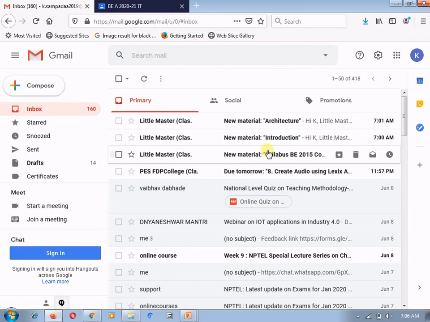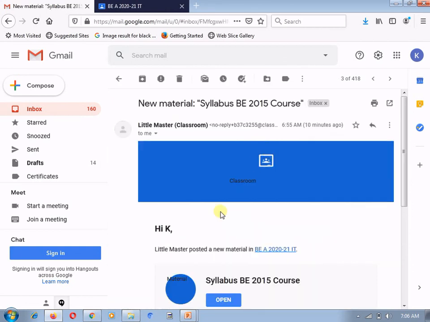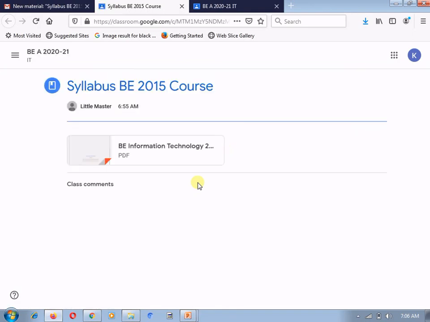They will receive the mail, click on it, and it will take them directly to the classroom. In this way, students have a facility to go directly to the material posted by the teacher.